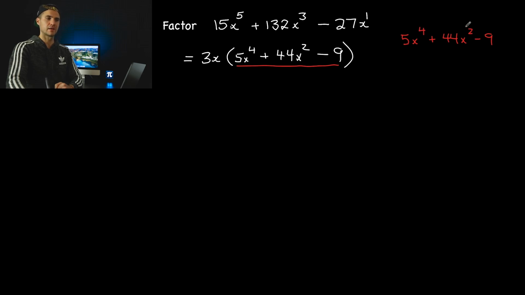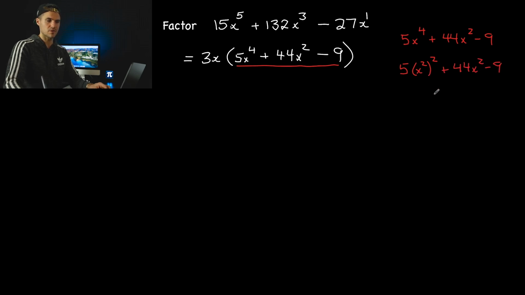Whenever you see exponents doubling like this, and those are the only variables, like an x cubed and an x to the 6, or an x to the 4 and an x to the 8, right? Whenever you see that kind of pattern in a trinomial like this, lots of times the way you can easily factor this is I could rewrite the x to the 4 as x squared, plus 44x squared minus 9, and